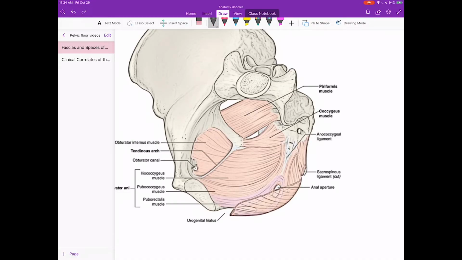So what I would need to do is cut a view that looks like this. Through the pelvic diaphragm, and what you would see is this edge right here,